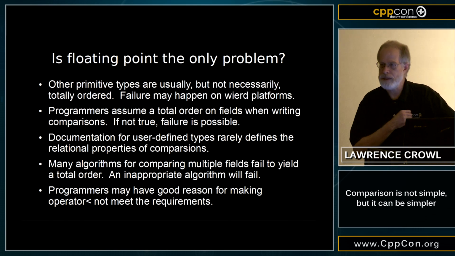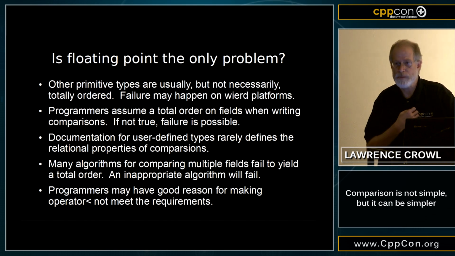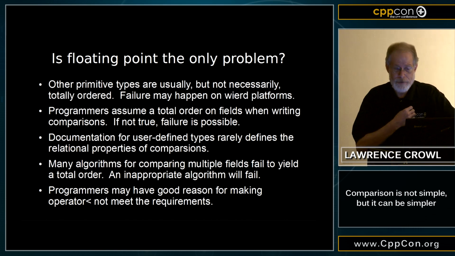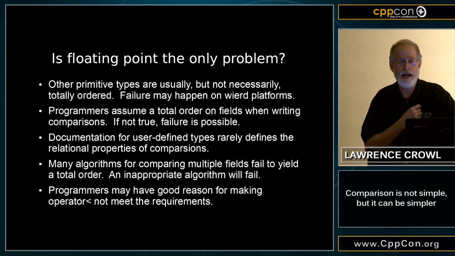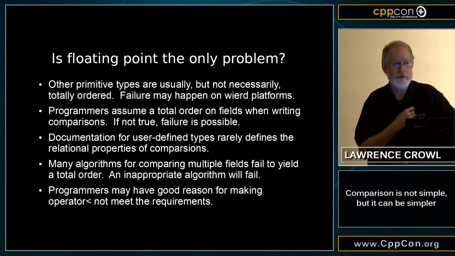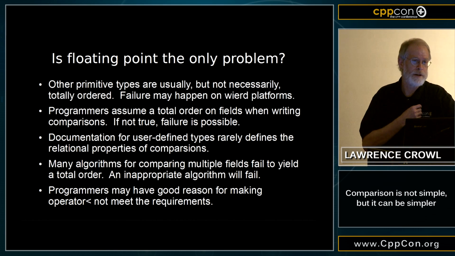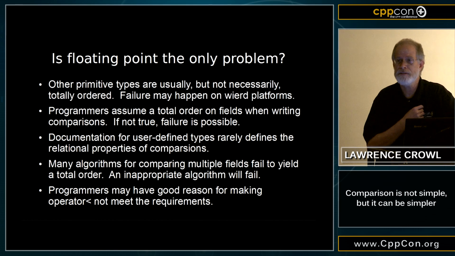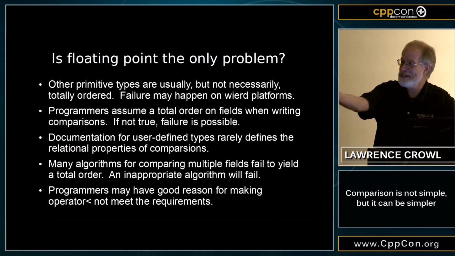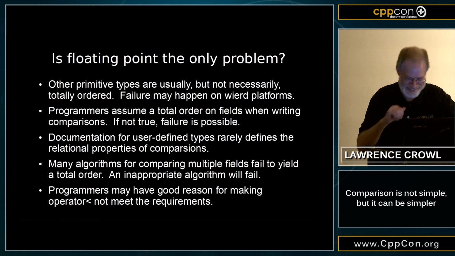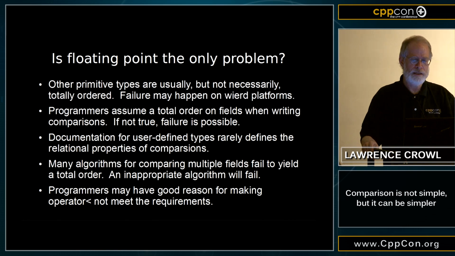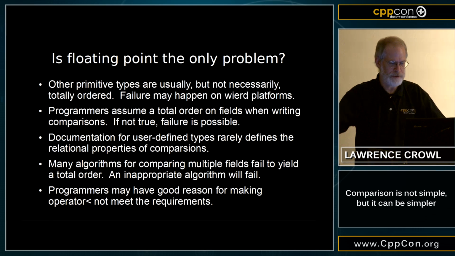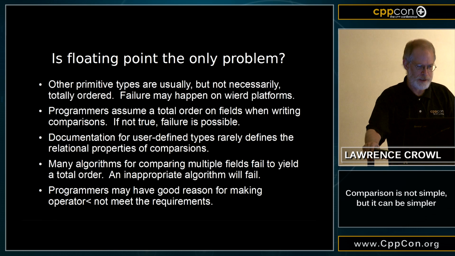So we've talked about floating point and how that can go wrong. And is this the only problem? Other primitive types like int are usually, but not necessarily, ordered. The standard allows a ones complement representation of int. Now, I've never actually worked on one of those machines. I doubt anybody in the room has done so, but the standard still allows it. Oh, you have? Okay. That's a rare case. Maybe you could just write it in page 362 of your documentation that it doesn't work. But